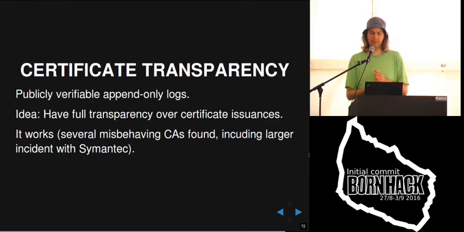And then there's certificate transparency, which is the idea that we have some public logs where all the certificates are logged. And right now this is only implemented in parts, but I think it's still already very useful. So a lot of these incidents we have these days with certificate authorities, they get uncovered because there are these logs and everyone can see what's going on, which certificates are issued. And you can yourself look into these logs if there are certificates for your domain that you don't know about. And then you know something is really strange and wrong. And there was a major incident with Symantec last year, which was uncovered due to these certificate transparency logs. So I think this is really a very good step in the right direction.